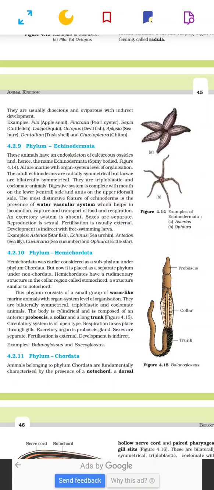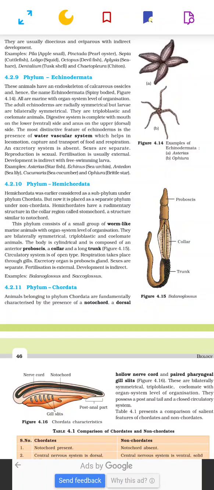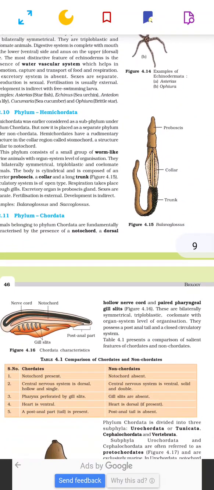Examples of phylum Hemichordata are Balanoglossus and Saccoglossus. In figure 4.15, Balanoglossus is representing the proboscis, collar and trunk. Phylum Chordata. Animals belonging to the phylum Chordata are fundamentally characterized by the presence of a notochord, a dorsal hollow